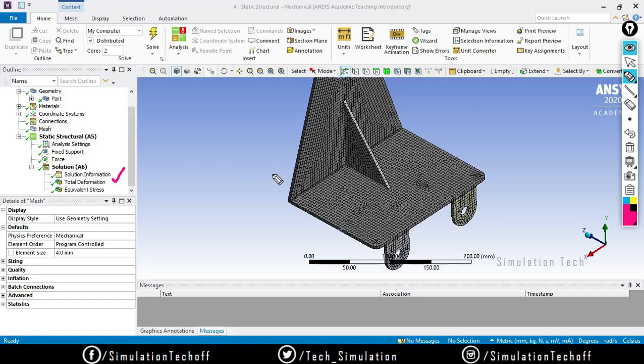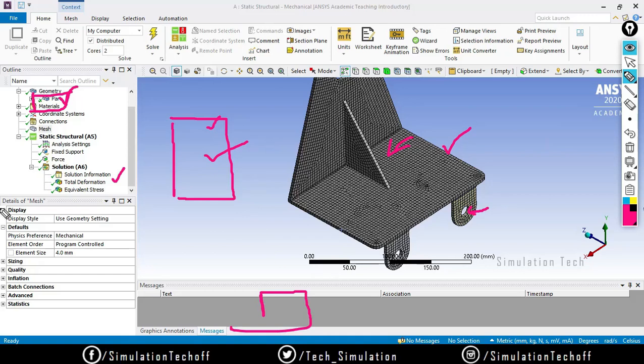So what we have seen over here is there is a problem in our geometry. If we have sub parts which are not connected with each other, you will get a pivot error. So all you need to do here, if it is a single component, is either use a Boolean operation or else select all the components and make it a separate part. Okay, so that is the only solution. And it may not work in all situations. It may work for this situation, but if you are having any errors in your meshing or in your boundary condition, it will show the pivot error, so you have to rectify it.